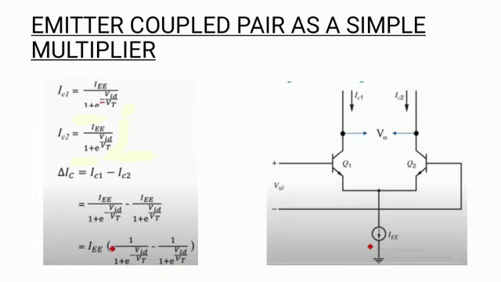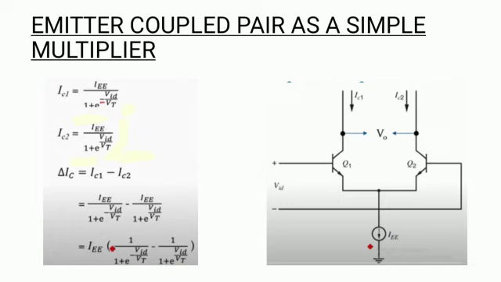First of all, let us discuss what an emitter coupled transistor pair is. Here is a circuit in which transistors are coupled through their emitters and connected to a constant current source. Input voltage VID is applied between the bases of the transistors. The positive of the input is connected to the base of Q1 and the negative is connected to the base of Q2. IC1 is the collector current of Q1 and IC2 is the collector current of Q2. The output is taken between the collectors of Q1 and Q2, so the output voltage is proportional to the difference between the collector currents.